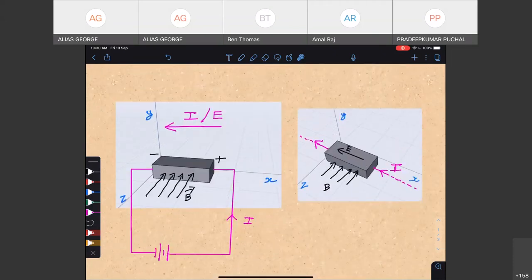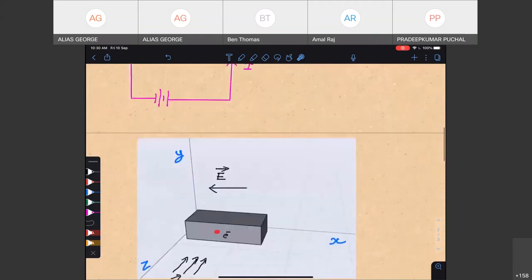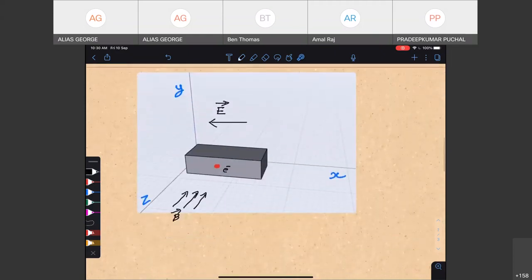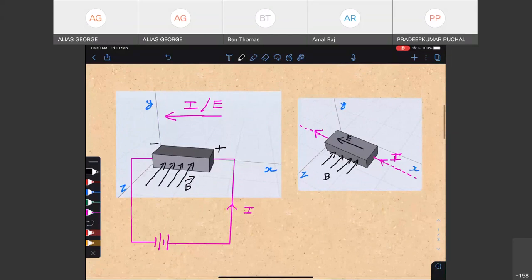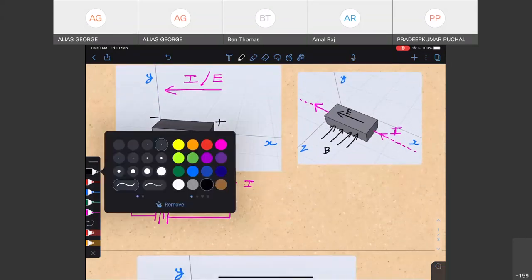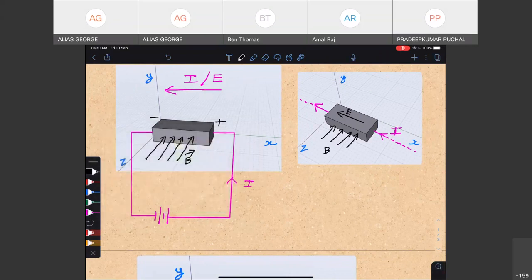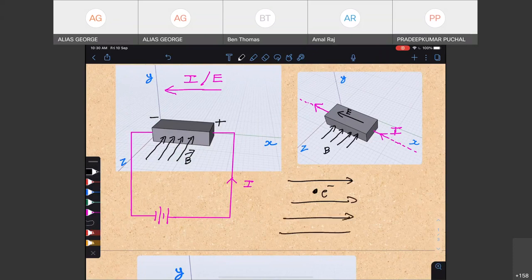So this is the top view, and here we pass the current, electric field, and magnetic field also. Now we'll be deriving the equations. You can see that we are applying two external agencies, and we all know that in a current carrying conductor there will be electrons. The charge carriers will be mostly electrons. So when an electron is there, and we apply an electric field,